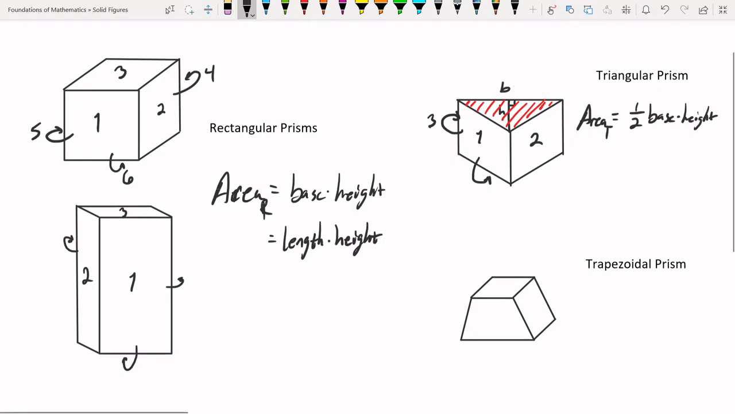Now, a trapezoidal prism, same kind of idea. We have a trapezoid face here, and then one kind of on back. The trapezoid has base 1, which is typically the longer base, and base 2, the shorter base. Then we have the height, which is the distance between the two bases, making right 90-degree angles with the two sides. And the area of a trapezoid,